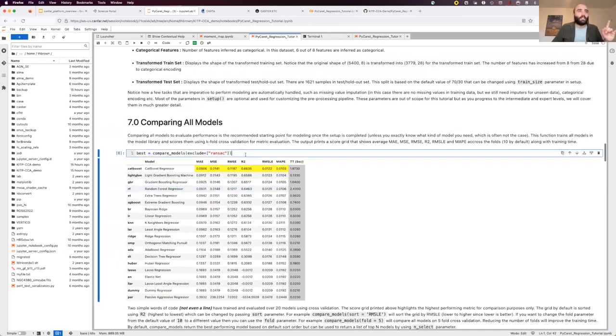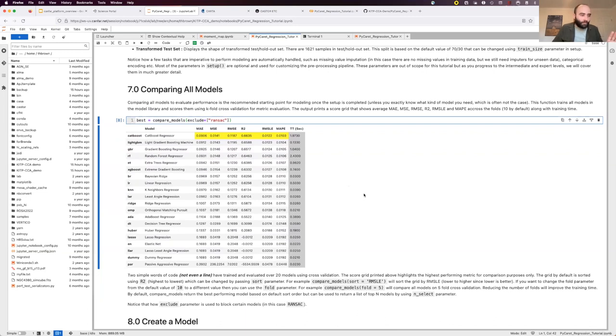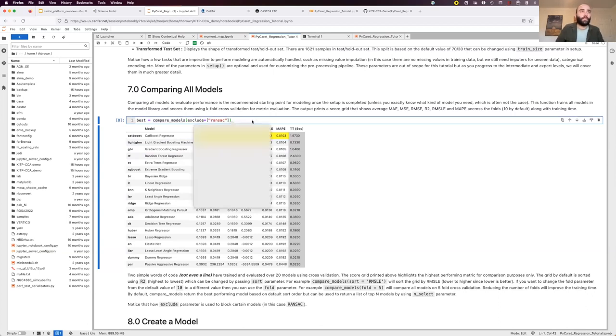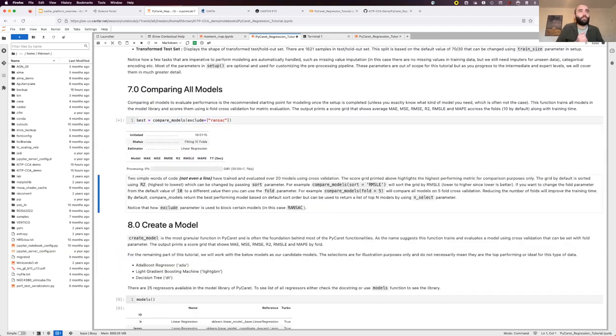Now this here is the coolest thing in the whole package, I think. If you take just one thing away, it's this function, compare models. Once I've done my data setup, let me run this out of order. I'm going to just run compare models. Come on, work. Usually it takes no time at all. Of course now it's taking ages, but it'll fly through fitting and training 20 different models,